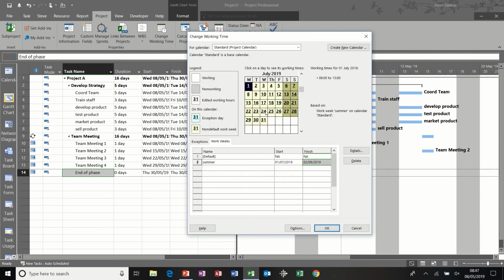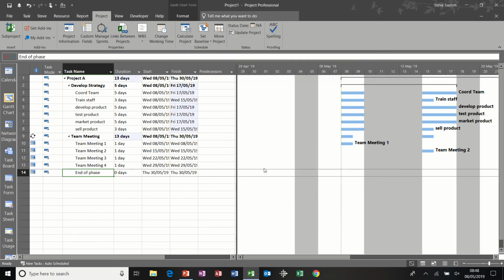So automatically that will flag up. If I go back prior to July, it's the normal working hours. Into July, it gives me the summer working hours. Let's click OK to that. Okay, so that was the